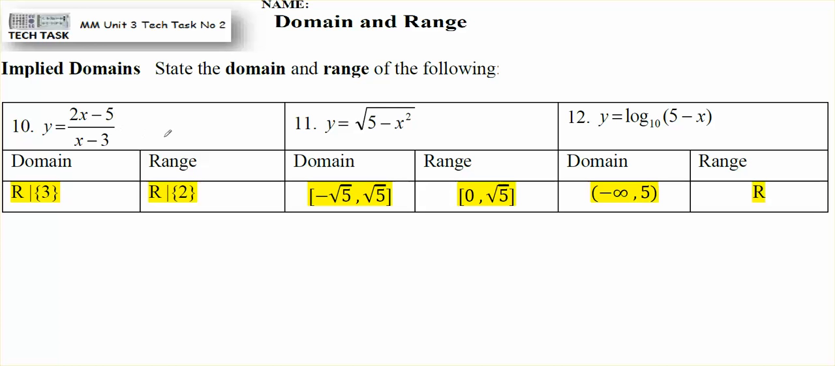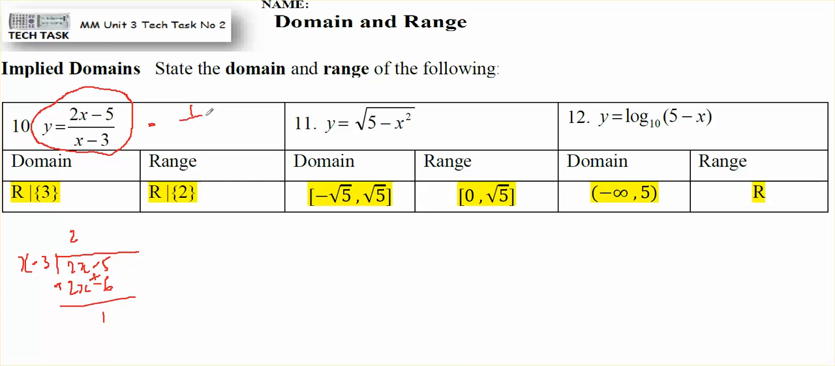In question 10, I've got this here, and this is a hyperbola, but it's not in the right form. If I do a quick little division, I've got 2x minus 5. x goes into 2x twice. 2 times x is 2x. 2 times minus 3 is minus 6. I get 1 as my remainder, so that's the same as having